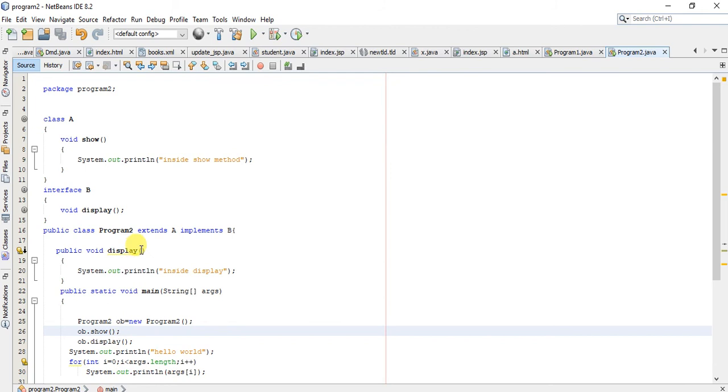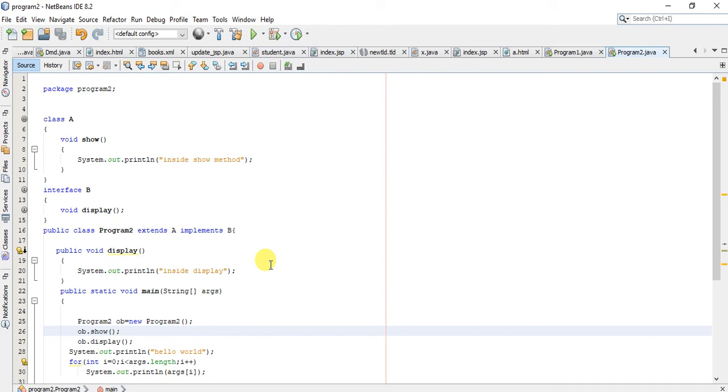So interface is basically a class-type structure, but the difference is that we cannot implement the methods of an interface.